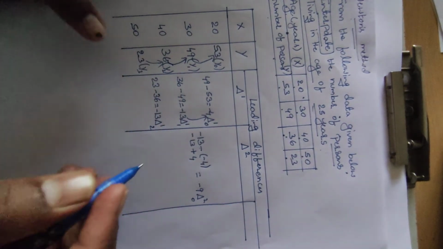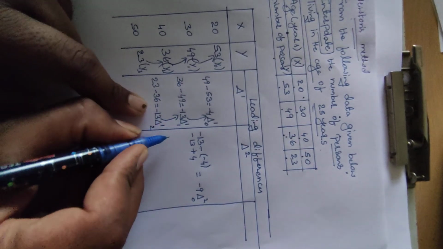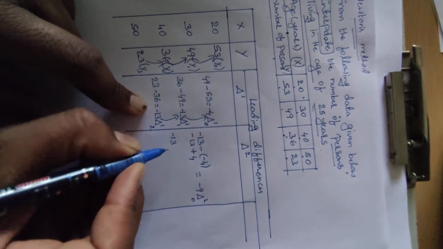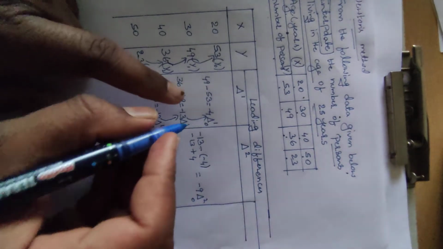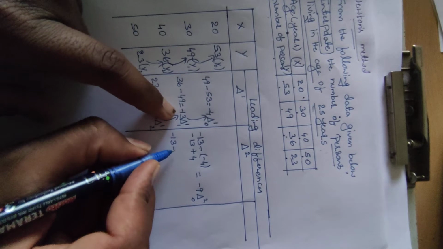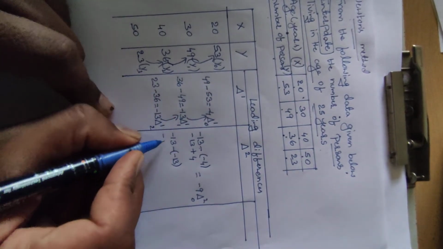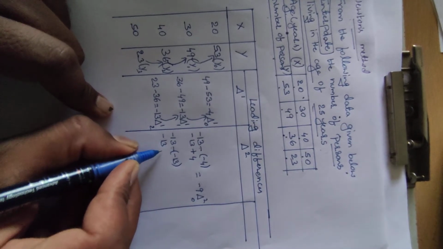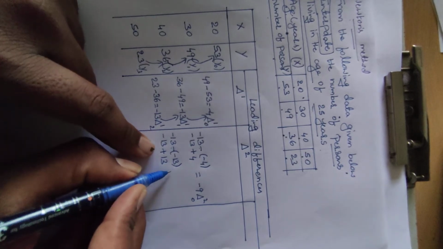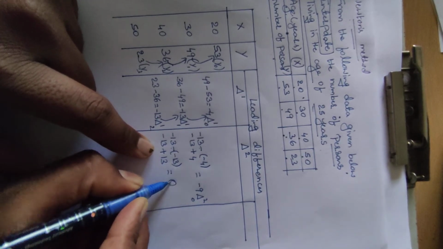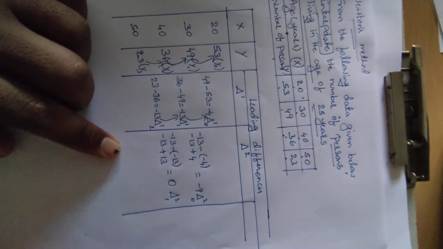Okay students, next we have to do the third value and second value, the difference. Minus 13, we have to do minus. Next the value is minus 13. Minus 13, minus into minus plus 13. Minus 13 plus 13 we will get 0. Delta power of 2, 0 is over, next is 1.